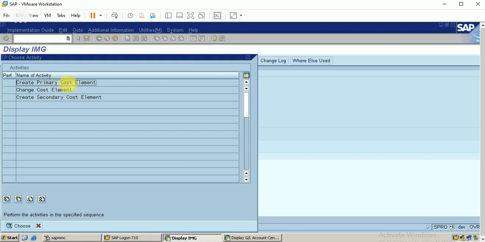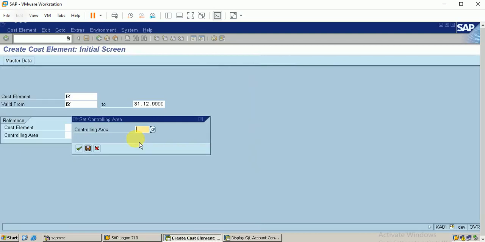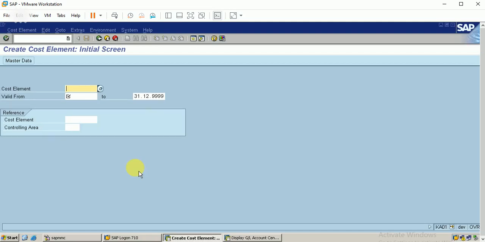Just remember that the cost element you are creating now is the primary cost element. So I'm double clicking on the primary cost element. It asks for the controlling area, so I have to give the controlling area. Now I'm going to create the cost element.